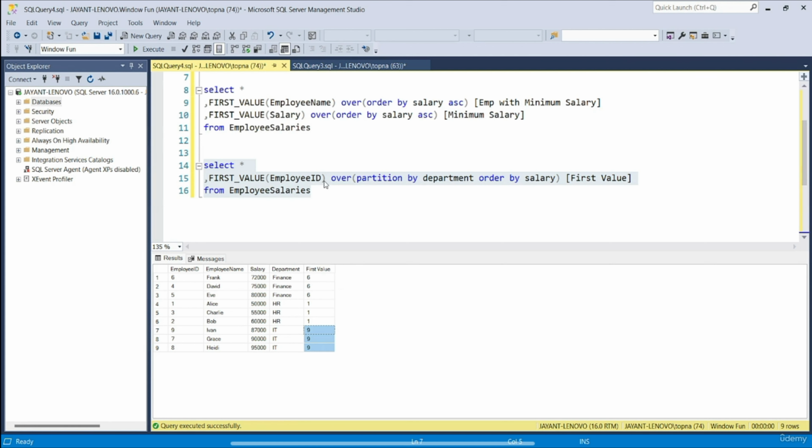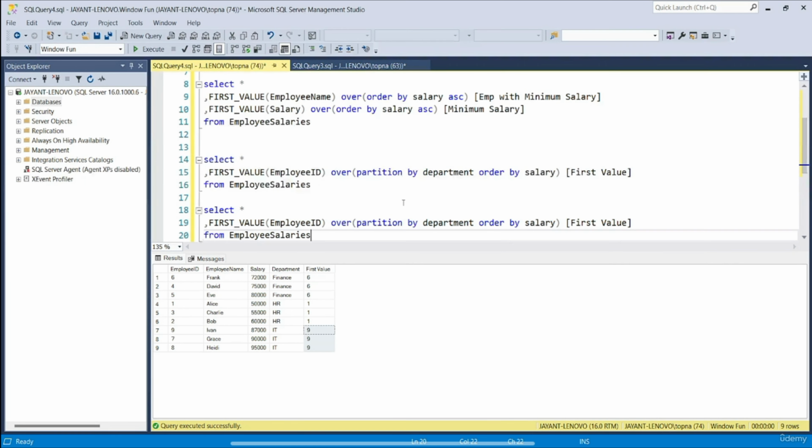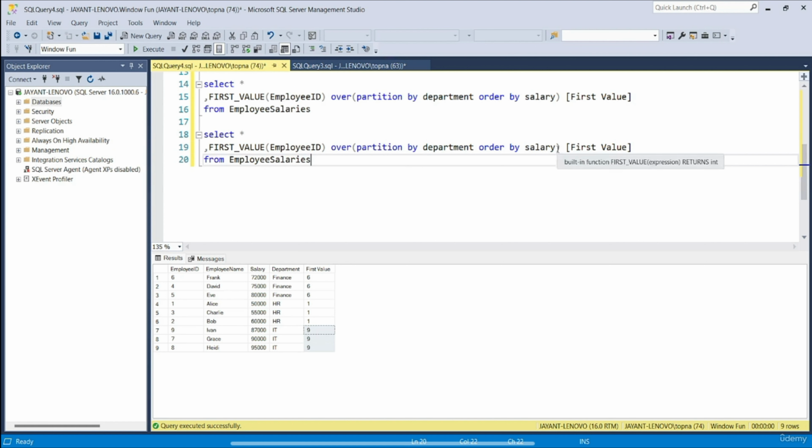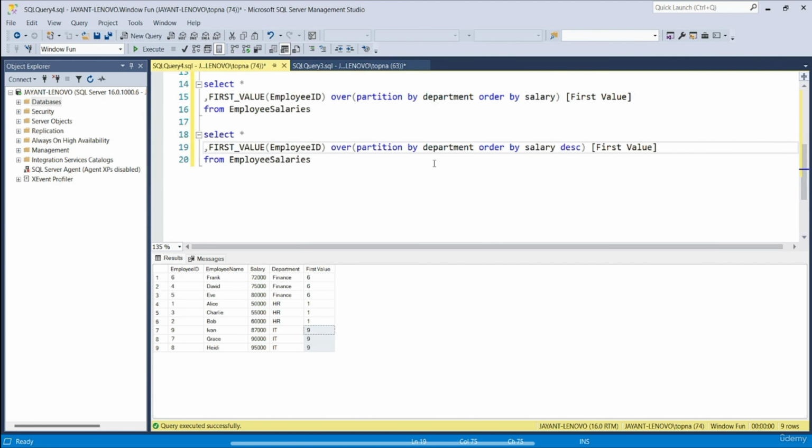Similarly, let's say we want the data set to be partitioned by the department itself, but this time we want the data to be sorted in the descending order of the salary. So what we will do, we will simply copy this piece of code, come to line 18, and after the salary column, we can simply mention the keyword descending, that is DESC. And now if we execute this piece of code,